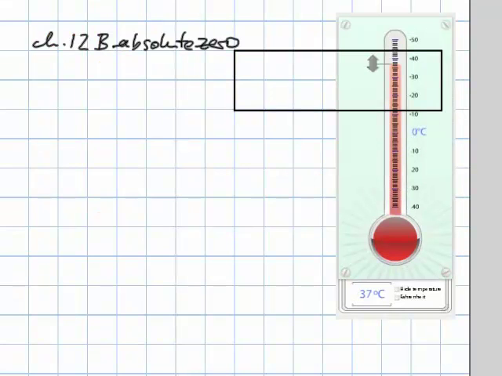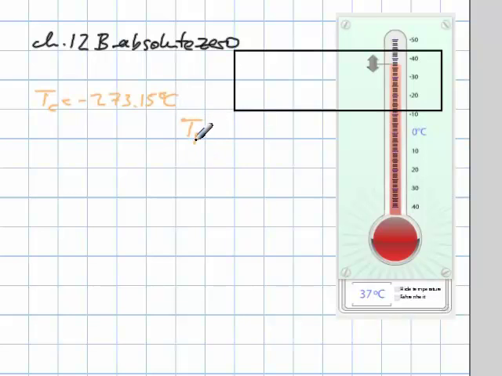This is the problem on absolute zero. And it says, a temperature of absolute zero occurs at negative 273.15 degrees Celsius. What is this temperature on the Fahrenheit scale? So, Tc equals negative 273.15 degrees Celsius. And we're using the typical